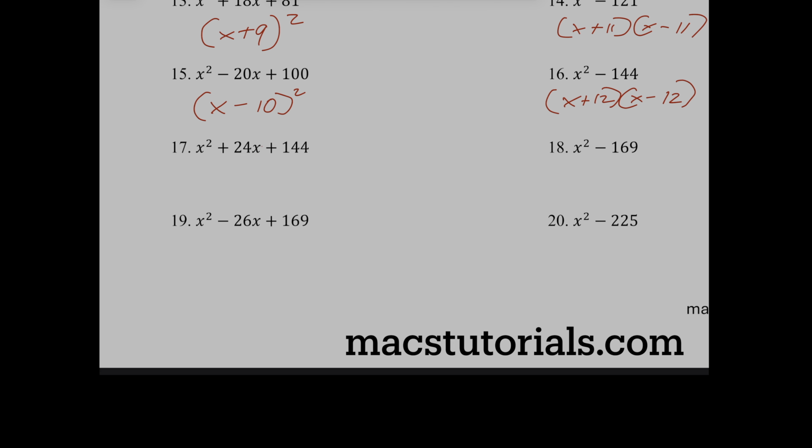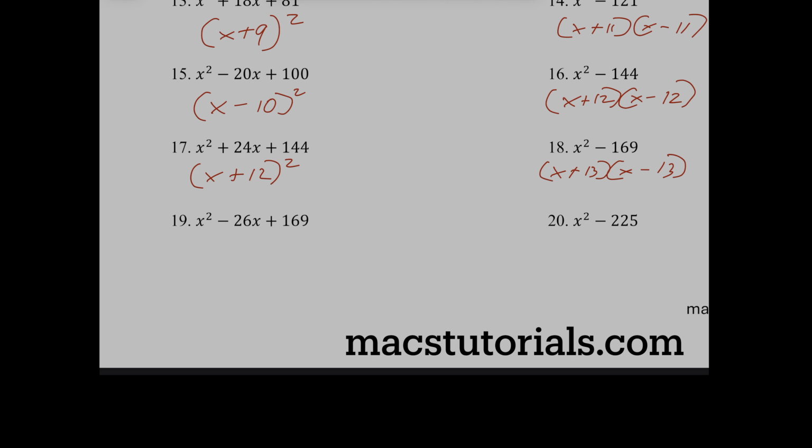All right, let's go on to number 17. Third term is positive, and it's a perfect square. So what's the square root of 144? It's 12. 12 times 2 is 24. So it's in the form. So I'm just going to write x plus 12, quantity squared. Number 18, boom, boom, boom, boom. Perfect square,